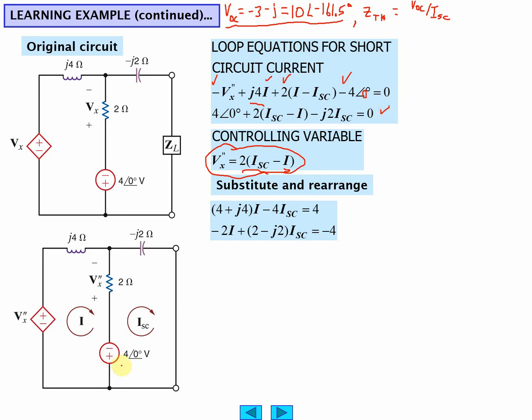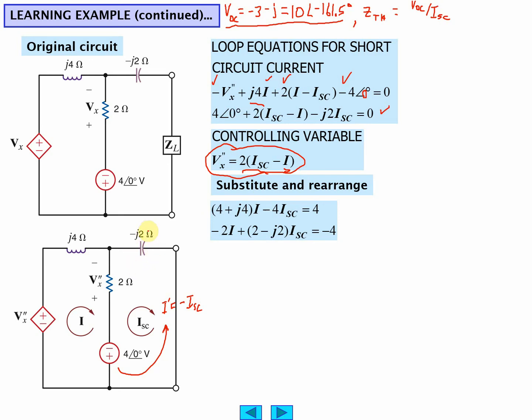You got 4 volts, and then I like to think of it as the current going this way. So I have an I prime going on, which will be equal to negative ISC, the way the authors defined it. So I'd have the positive 4, and then I'd have a